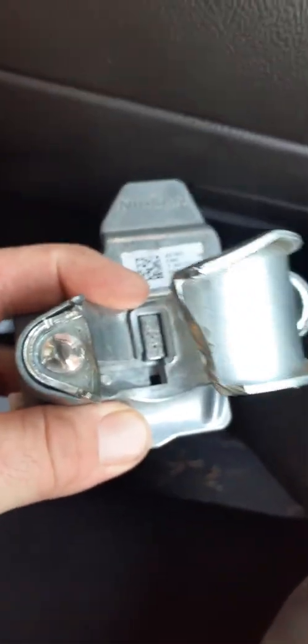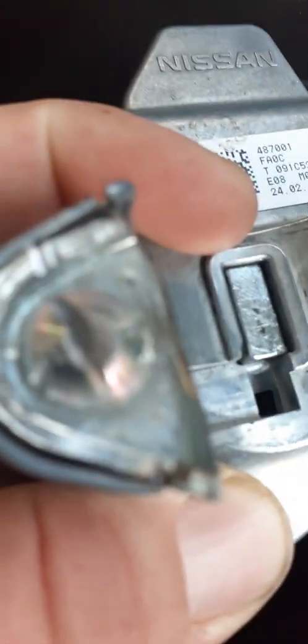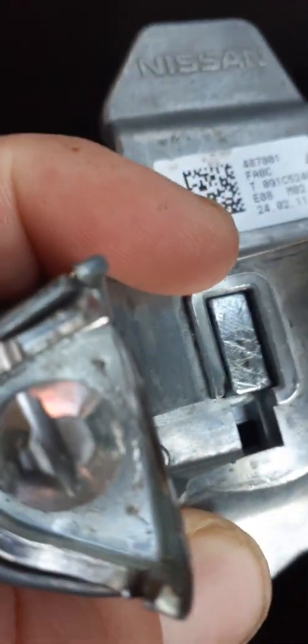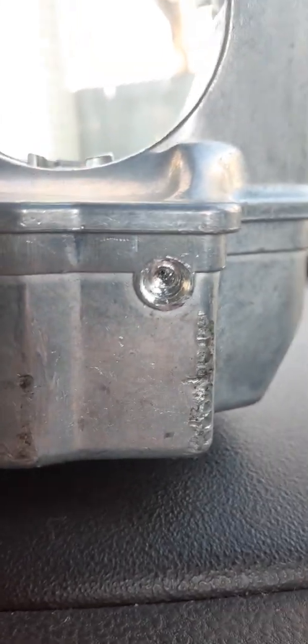It's a non-removable part. So some people have tried to take a Dremel and cut a little notch in there for a standard screwdriver, but that didn't work for me. So what I ended up doing was I took the Dremel and just cut it completely, and you get it off. Now once you get it off, this part is not meant to be opened, but there's 4 retainer pins